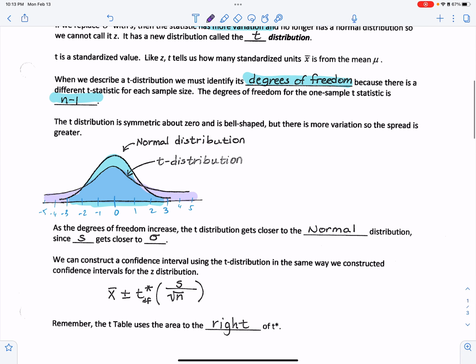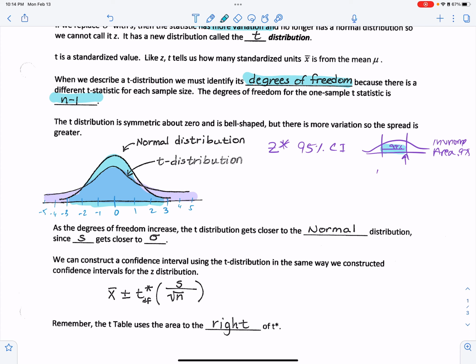All right, let's track back to our z-star for a 95% confidence interval. Let's review how I find that. Remember, the center 95% is here, and I'm wanting this value. If I put it in inverse norm, I look up my area, and for area I'd have to put 0.975. Remember, because